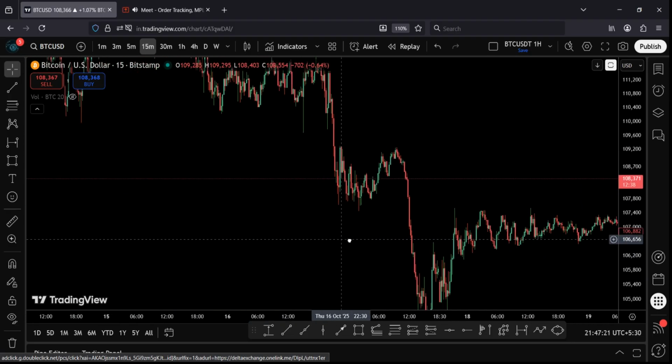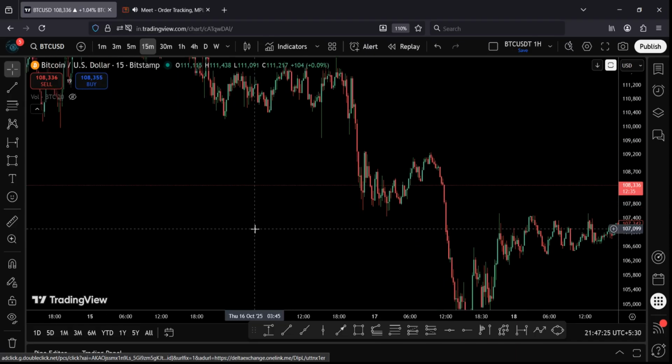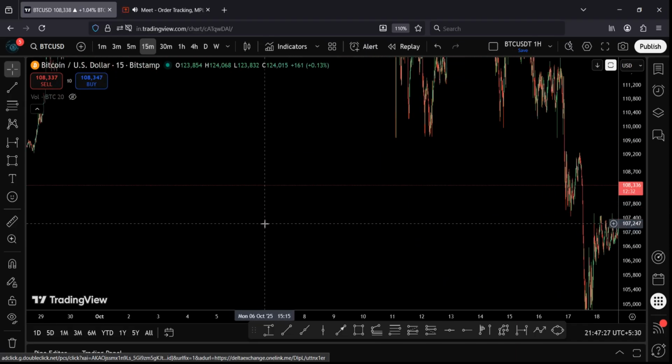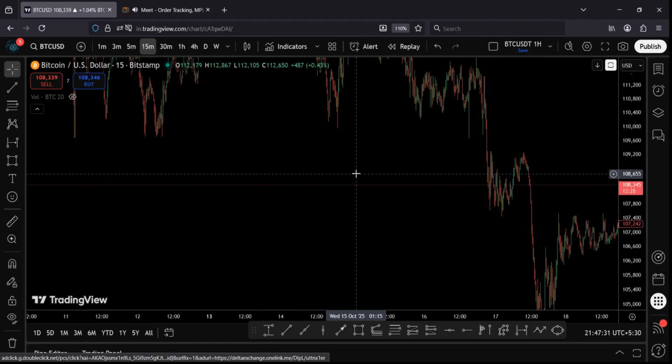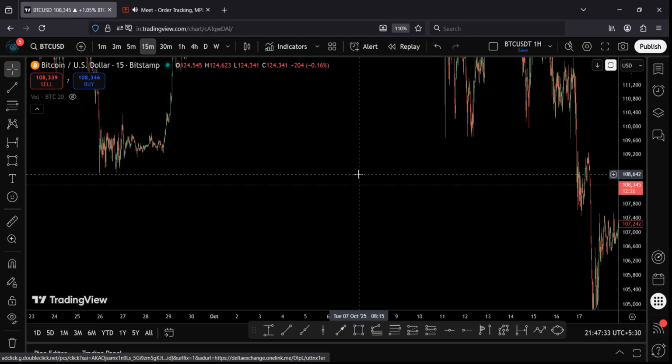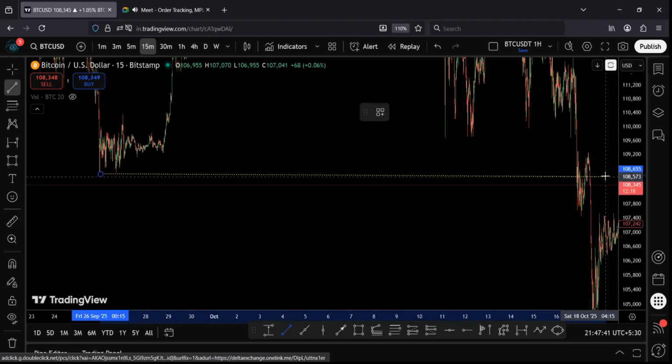Okay, good example. This is a various example. Price fell here, fine. This is our resistance. If we draw it forward,